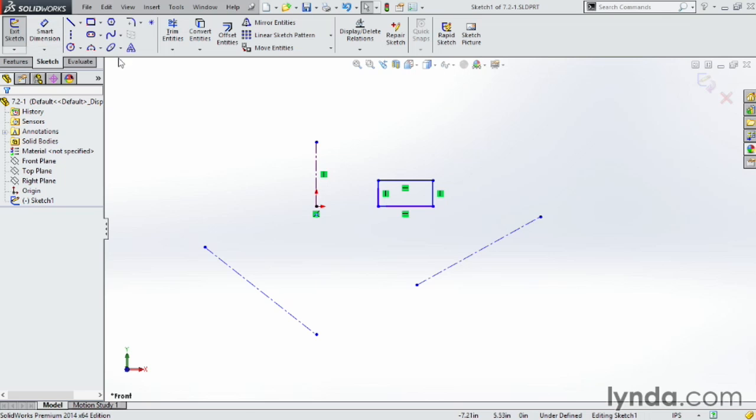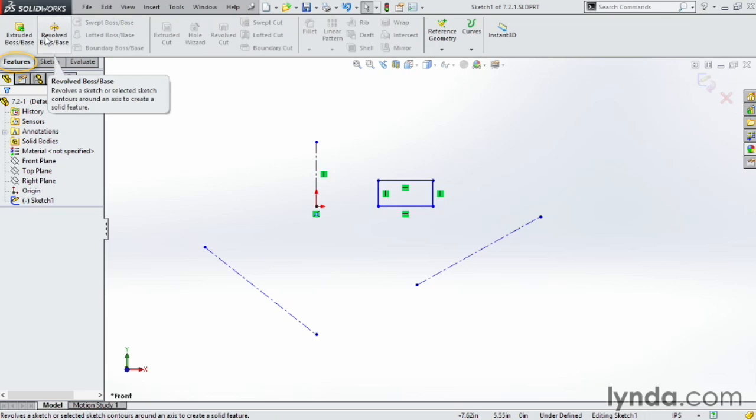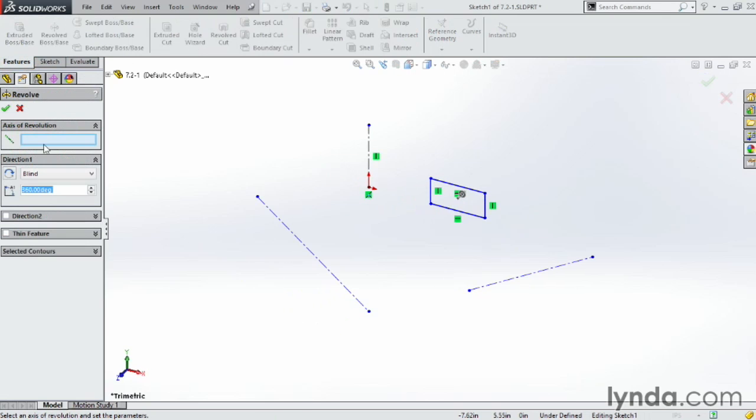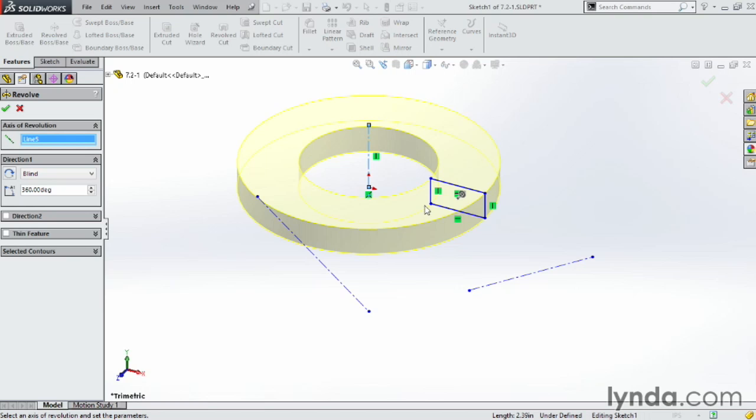Let's try it out. Let's go up to Features, click on Revolved Base or Boss. In this case here, my axis rotation is going to be this line here. And as soon as I do that, it gives me a preview of exactly what's going to happen. It's going to take that one shape, and it's going to sweep it and rotate it all the way around